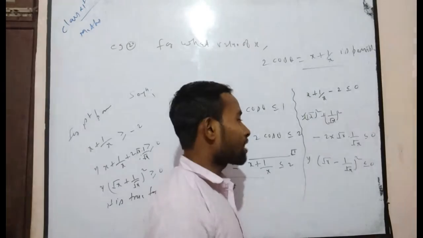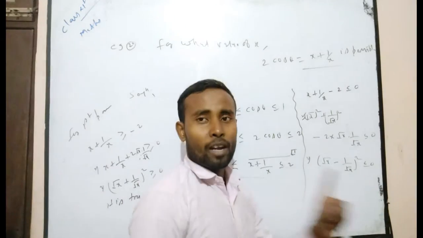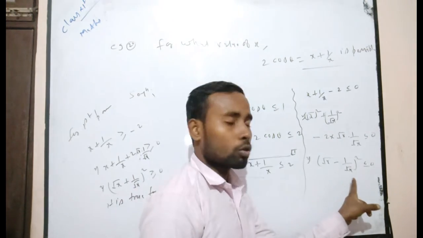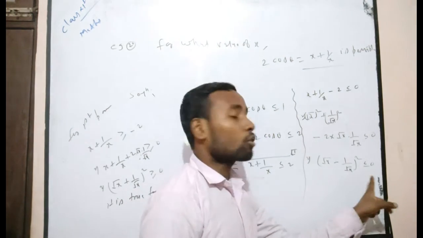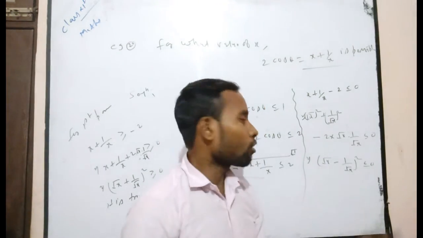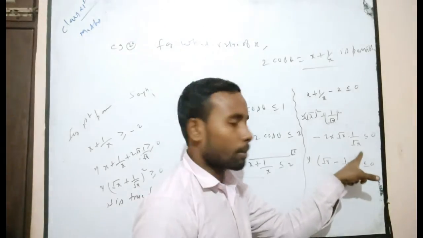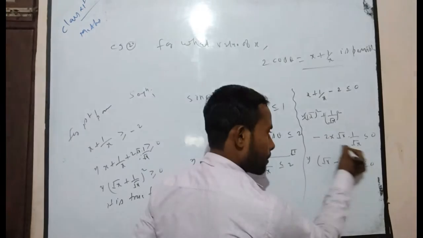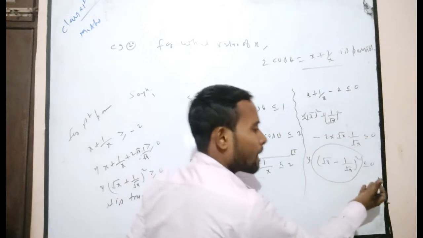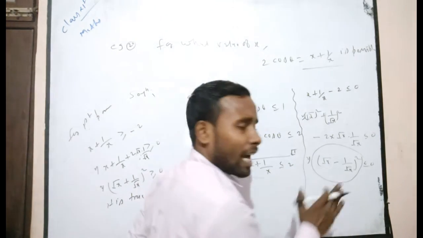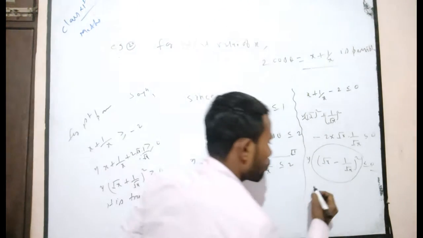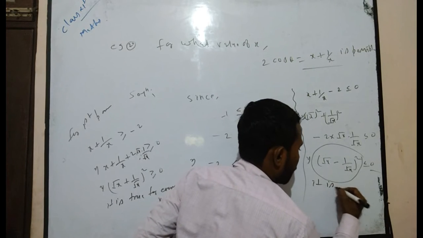Similarly, you can say here it is true for only one value of x. It is not true for any value of x except where this term will be 0, because the whole expression is a positive number, and a positive number can't be less than 0. There is a possibility it becomes 0, but other than 0 it can't be less than 0.